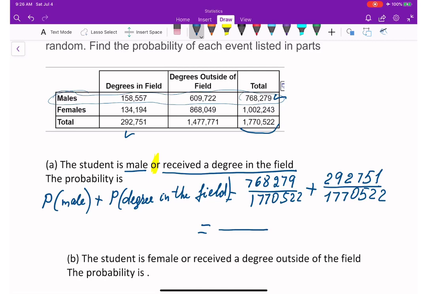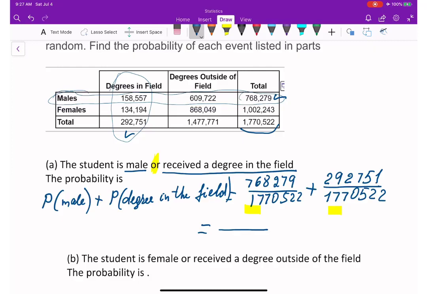Degree in the field, I'm going to circle like this. So what do we get here? Interesting. Male and degree in the field, it's duplicating itself in this probability and this probability, yes? Because look,